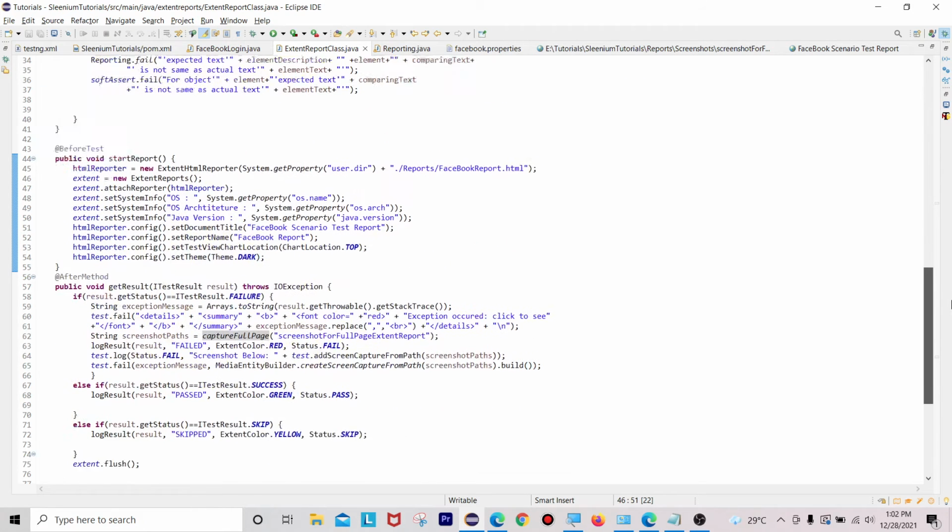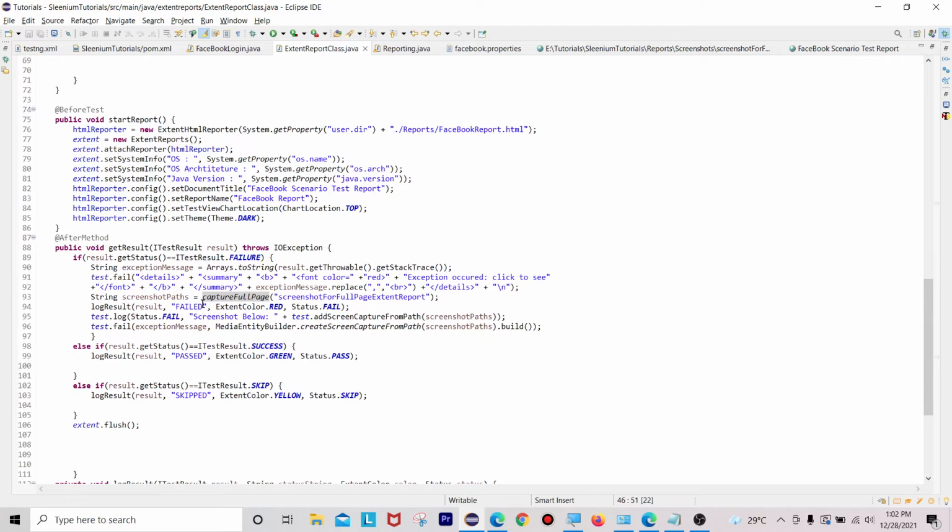So we add one more dot operator by adding that concatenation string, and I am appending it to capture full page.